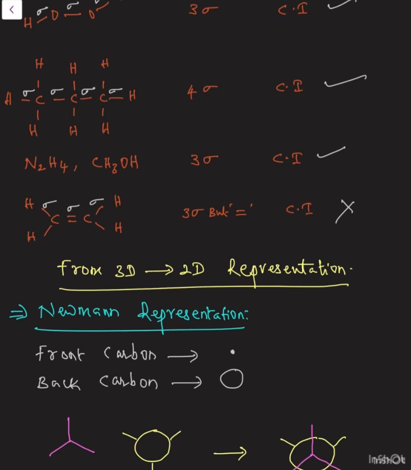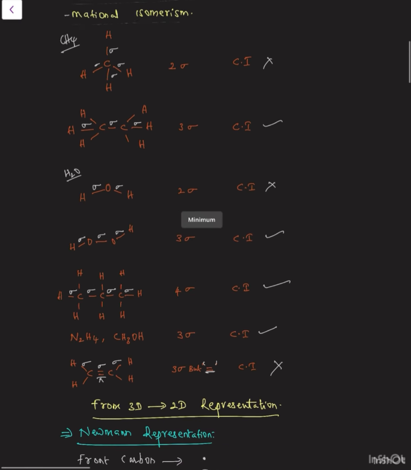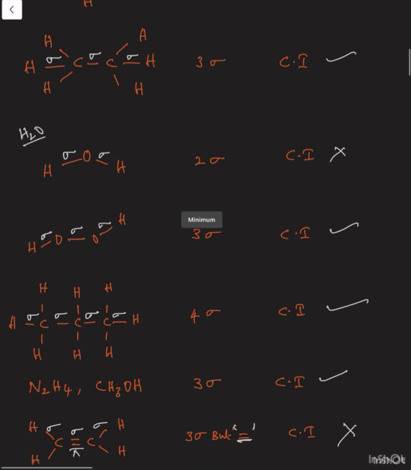We know in a double bond one bond is a sigma bond and the other is a pi bond, but due to the presence of the double bond, an infinite number of rotations is not possible. Rotation is restricted, because the double bond may twist. It is not giving a number of conformers. That's why it is not showing conformational isomerism. So these are the conditions and examples of which compounds will show rotational isomerism.